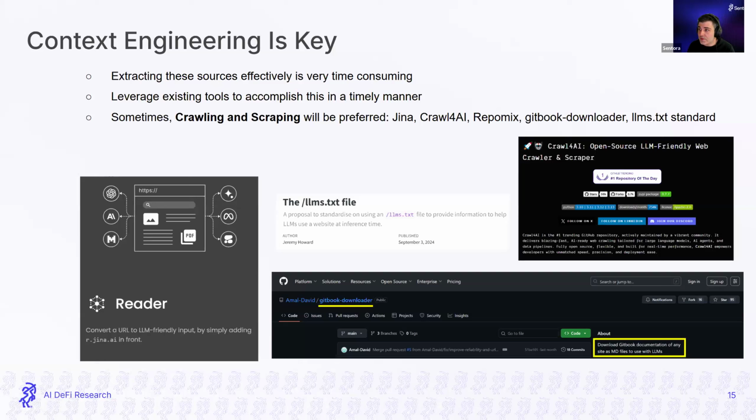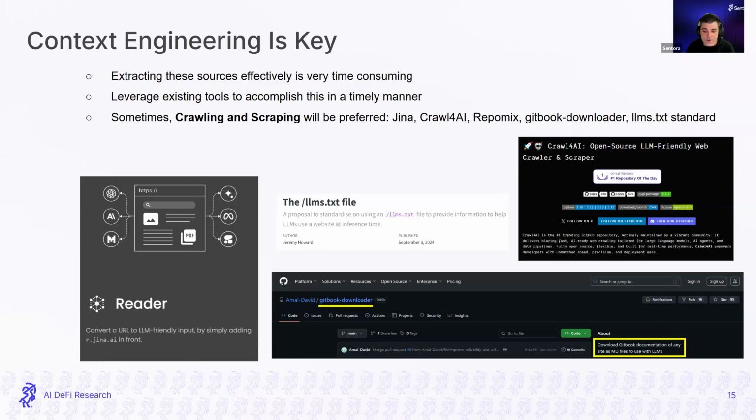For some of these pages, like the GitBook documentation, we will require activities like crawling and scraping. For that, there are tools nowadays that are optimized for AI use, like Crawl4AI, which has very extensive documentation on how to use the tool to go over several documents of the same website and get all the text data that we need.